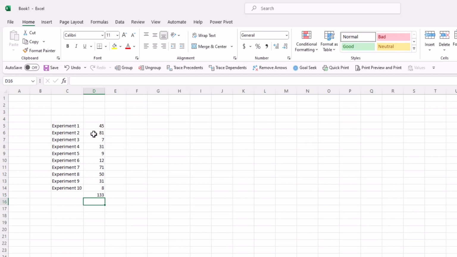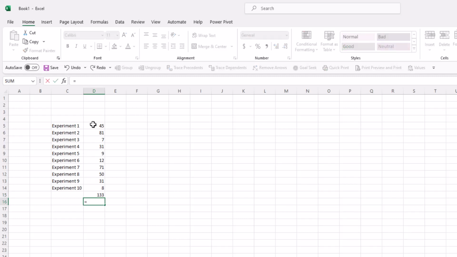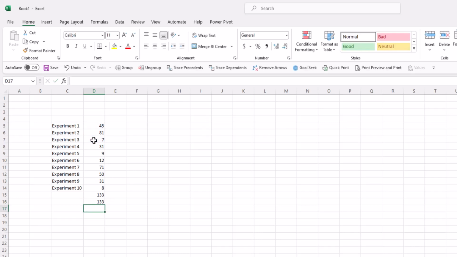Alternatively, you could also write the equal sign and click on the cells that you wanted. So click on D5, add the plus sign, click on D6, add the plus sign, and click on D7, and press enter. Same result. By putting the active cell on the cell with the results, you'll see the formula you wrote